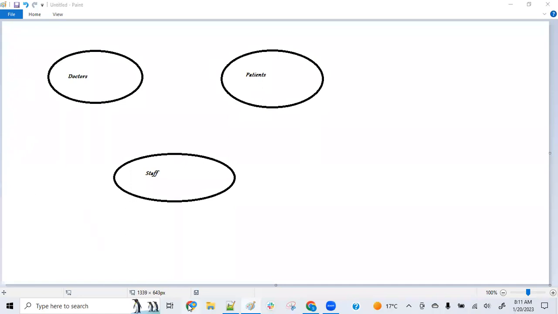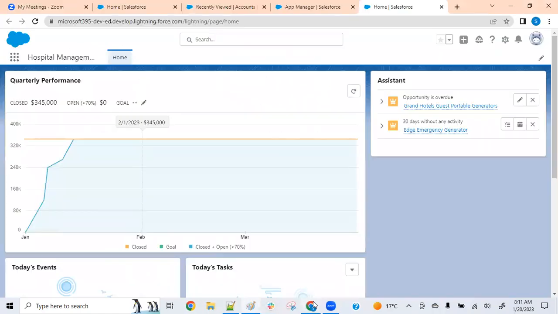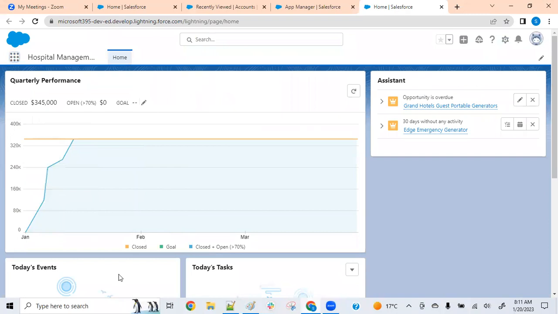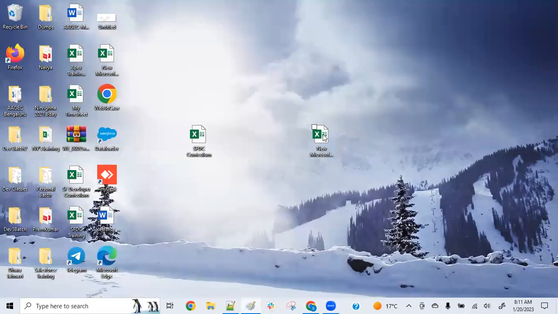How can you store it? You can either use existing tables, whatever tables Salesforce has given, or else you have to create your own tables. Now, if you observe any Excel, I know everyone is aware of Excel. If you open any Excel generally,